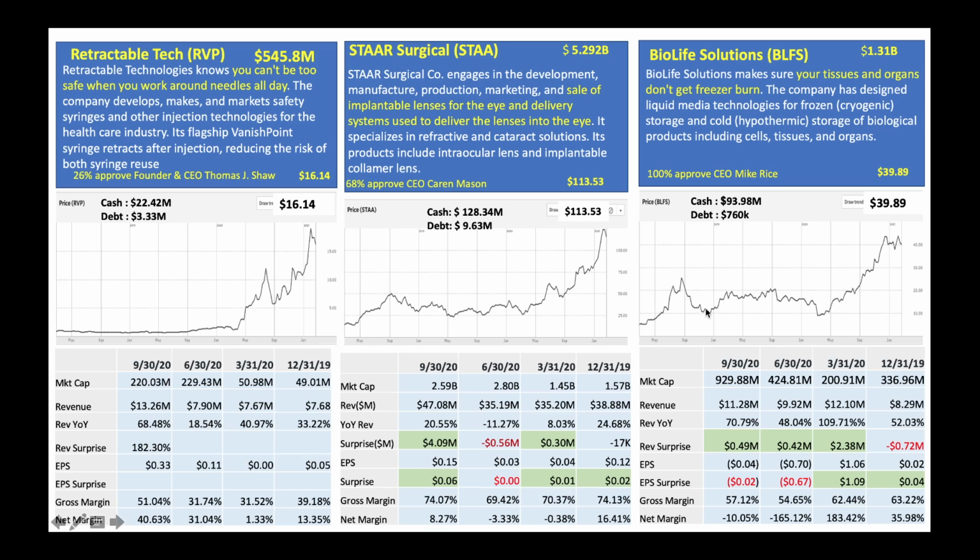And nice stock chart, as you can see here, and they have a good amount of cash and low debt. And if you look at the market cap, they've been consistently growing the market cap over the quarters, and revenue is also really increasing, as you can see here. And year over year revenue growth is pretty nice in the last 4 quarters here. And they've been surprising on the revenue side, a positive surprise. And EPS, I think last 2 quarters they did not have a positive surprise, but revenue wise there is a positive surprise. They have nice gross margin,